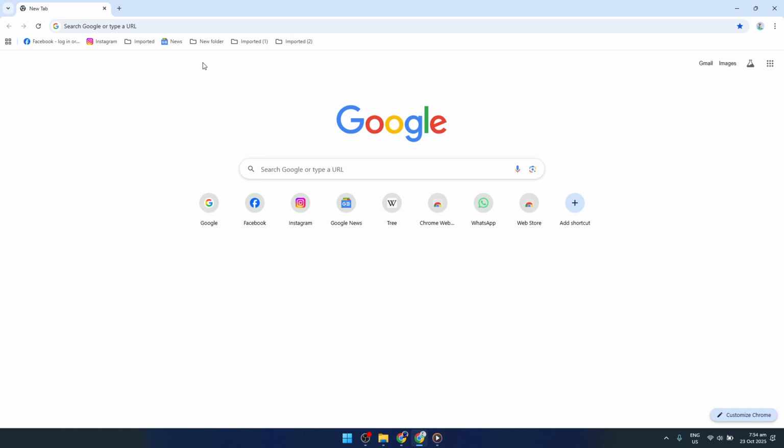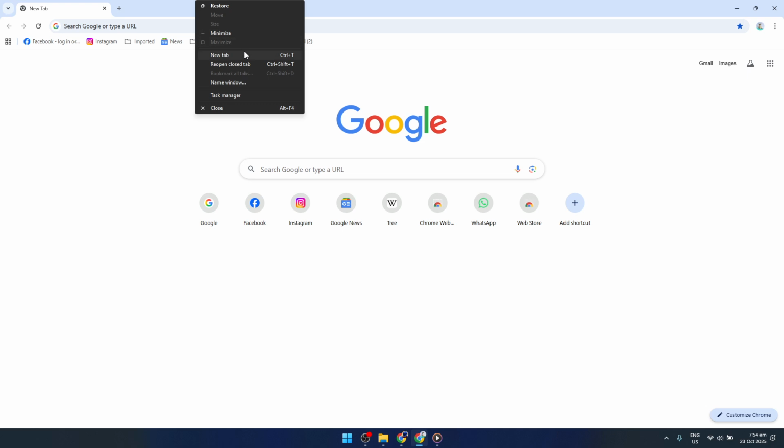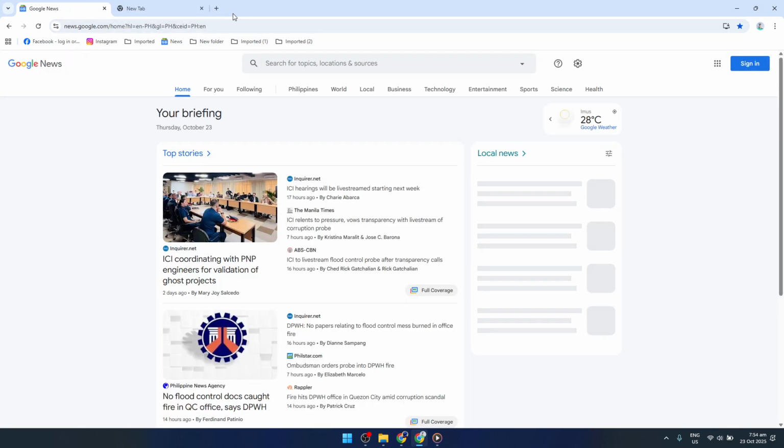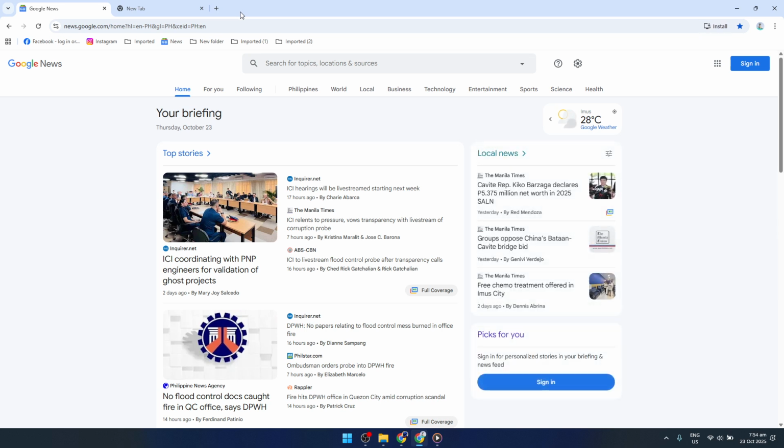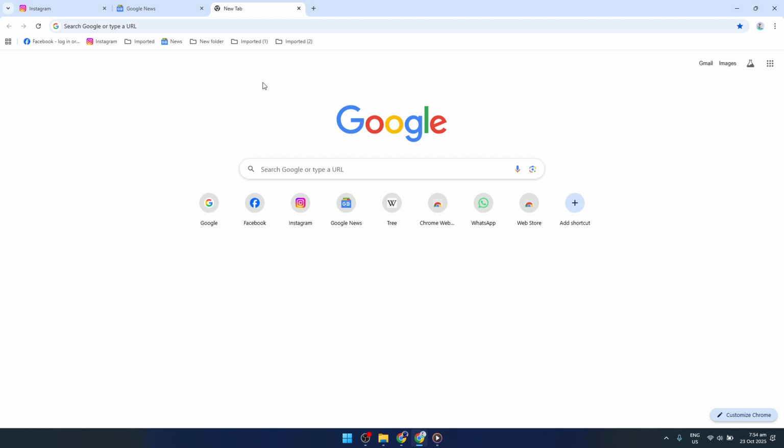One thing to note is that if you accidentally close a tab with important information, Google Chrome allows you to reopen closed tabs. You can do this by right-clicking on the tab bar and selecting Reopen Closed Tab, or by pressing Ctrl+Shift+T on your keyboard. This little trick can save the day if a tab was mistakenly closed, giving you peace of mind as you